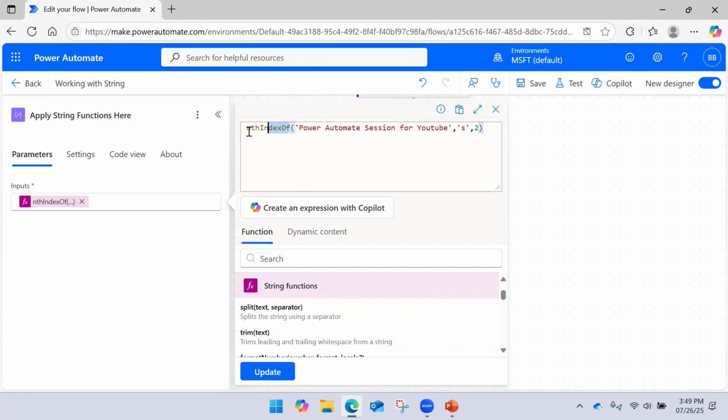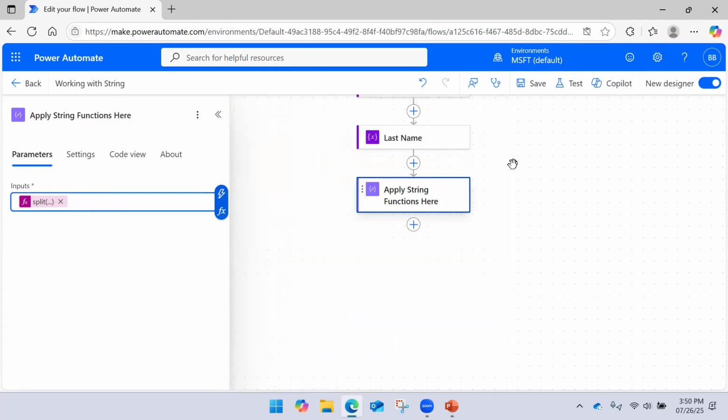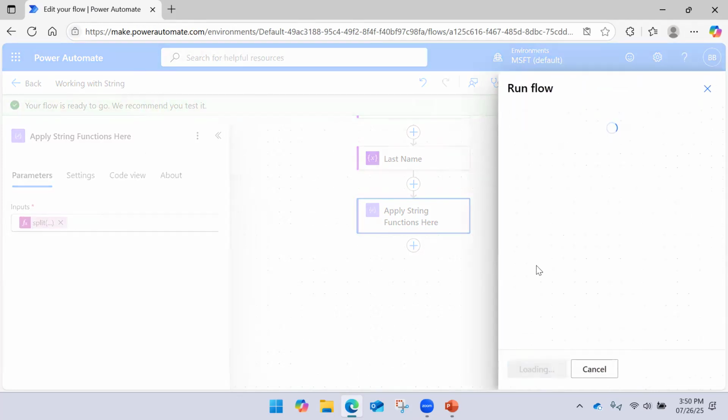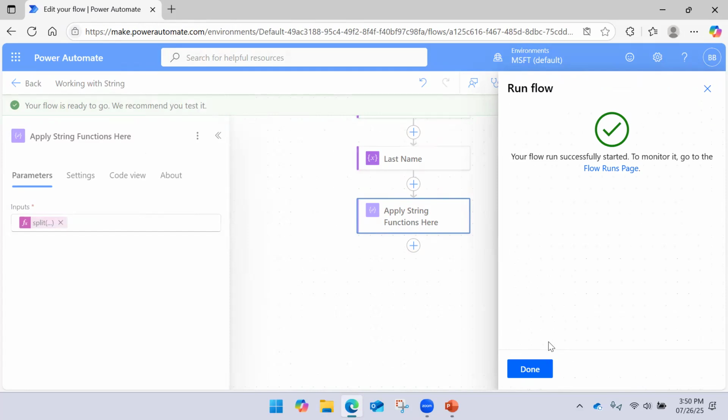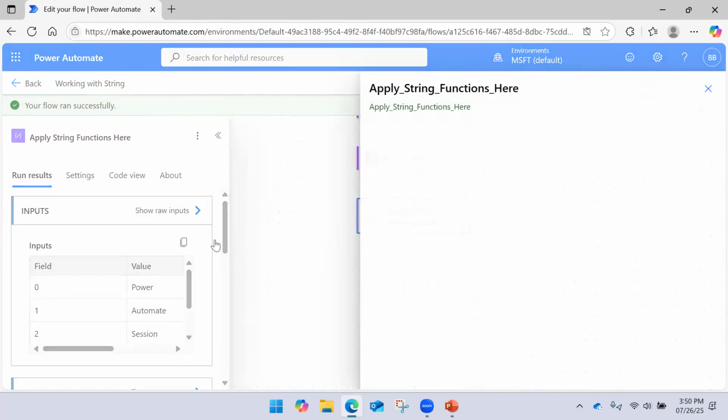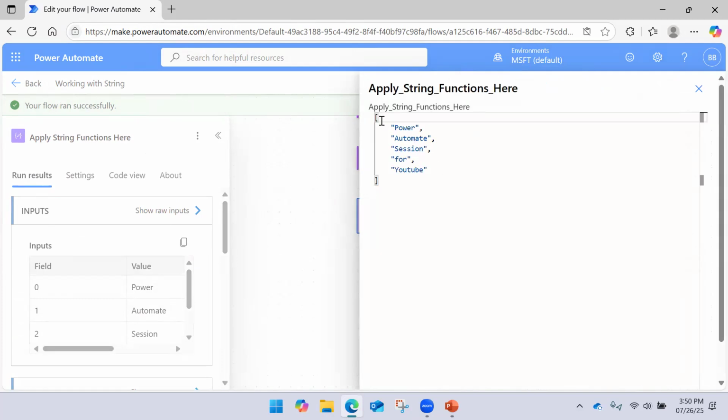Okay, so let me say split here. I wanted to split. How does this return? Okay, split. Then this is the text, and you should specify the separator here. So I should say the separator is space. It will return the list of separated values from the string. So now if I run this, you will see the output it is returning. The output is like this. This is the list of values.